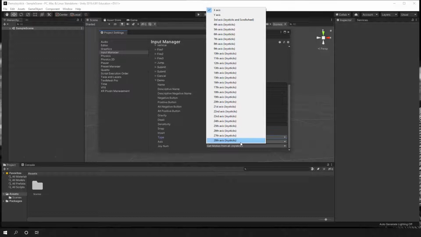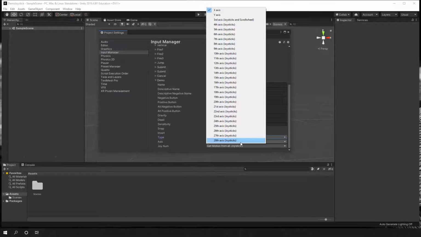These people have different devices set up, and one of those devices can have up to 28 different axes. It is rare, but it may happen.